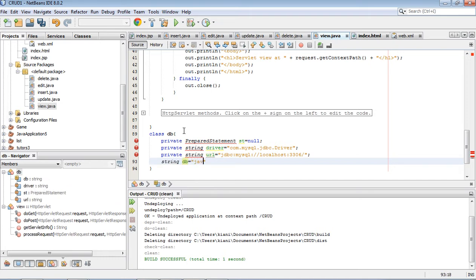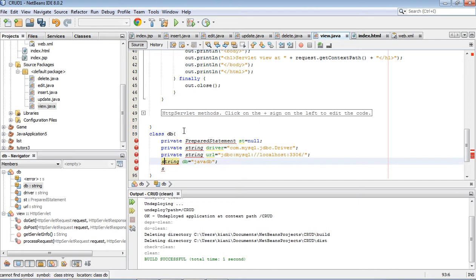Okay, now String db is equal to, we have created db, java db.